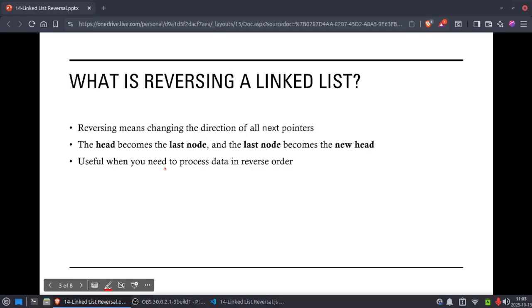Now, what is reversing a linked list? Reversing a linked list means changing the direction of all the next pointers. For example, if the linked list has 10, 20 and 30, it becomes 30, 20 and 10. So the head becomes the last node and the last node becomes the new head. Reversing is useful when you want to process data in reverse order, like an undo operation, reversing a playlist, or checking